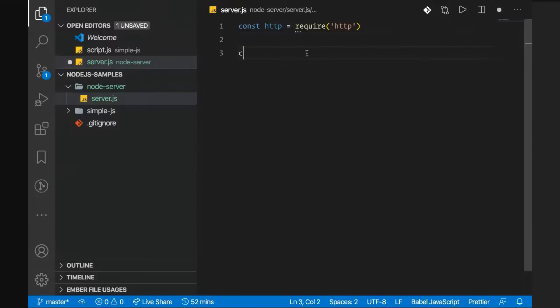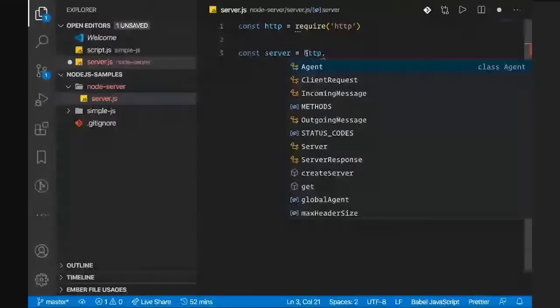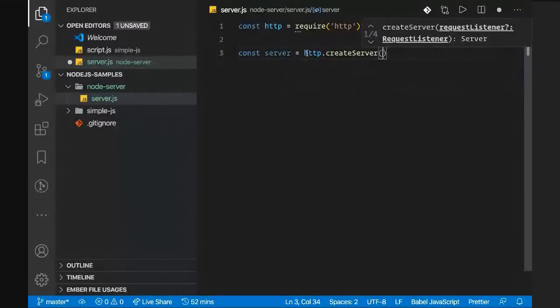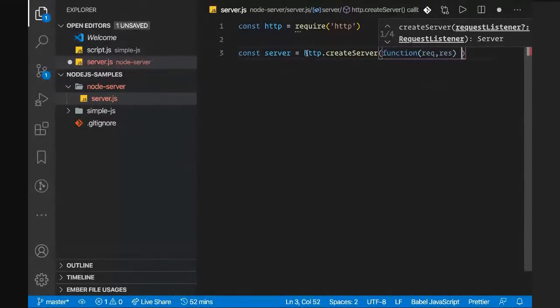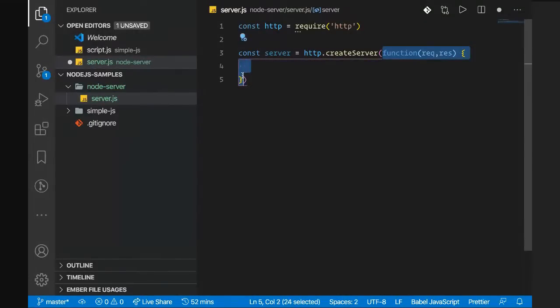Now I'll do const server equal to http dot. There is a method on the HTTP module called createServer, and for now just remember that it takes a function as an input. Or just write it in this way: request, response. So what is this? This is actually a function. HTTP is a module which creates a server for you, and it contains a method called createServer. So http.createServer takes a function as an argument, and I'm writing this function. What is the request? The request is any incoming request from the front end. And the response is what the request is processed into, the final response which is sent to the front end again. Okay,